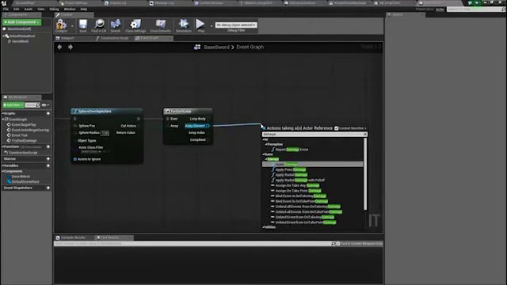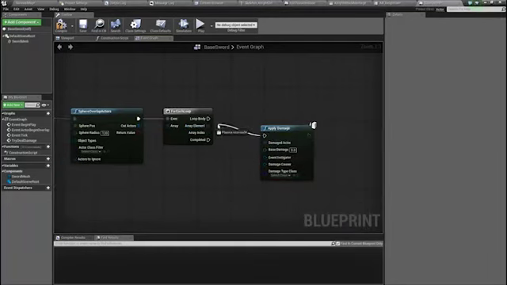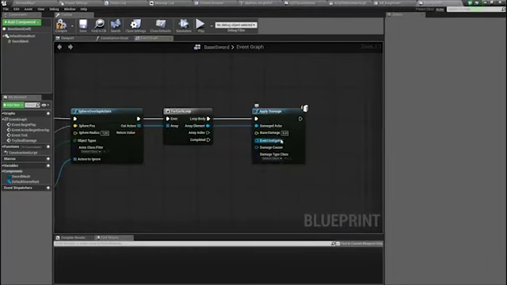apply damage. So we could do point damage, but in this instance, I'm just going to apply general damage because it's simpler. And the amount of damage I'm going to apply per hit is going to say, let's do 50 damage. Compile, save. Now the next thing that we need to add here is what happens when we actually receive